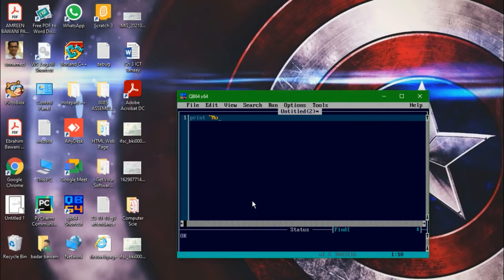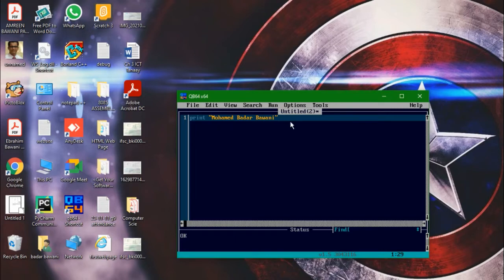So my first program will write my name, Muhammad Badr Bhavani. The print statement will be executed and whatever is written in double inverted commas will be shown as output. You need to remember that print is the keyword which allows me to print whatever is written in double inverted commas.